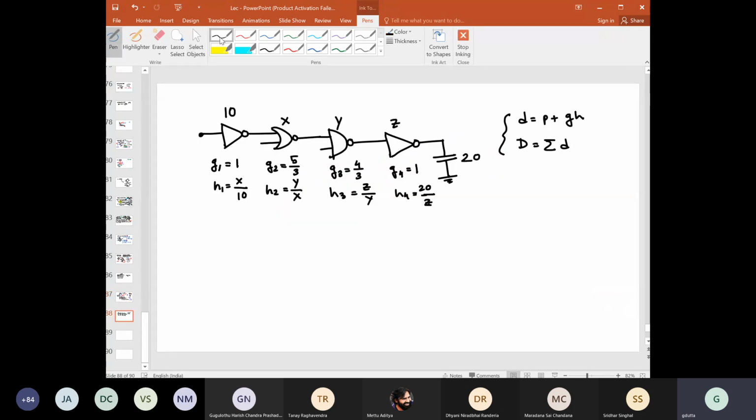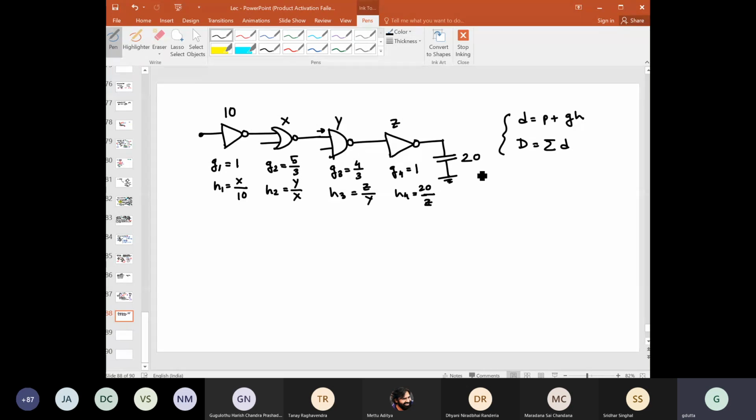Right. Finally, we ended our discussion with an example. Suppose in this example we have this inverter whose size, or the total capacitance, is given as 10. Then this inverter is driving a two input NOR gate whose size is X, meaning the capacitance for this input is X. Next it is driving another two input NAND gate whose size is Y. That means if you look from this terminal, the capacitance is Y. Then this is driving another inverter which is Z,